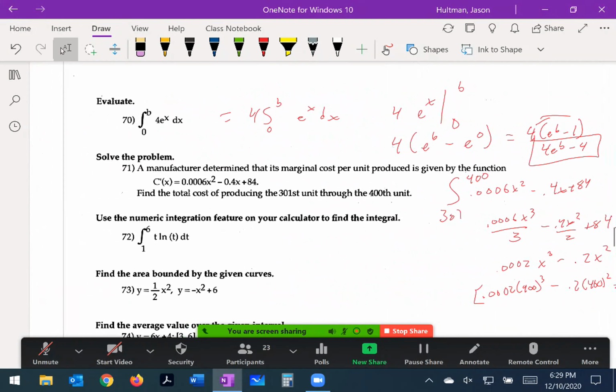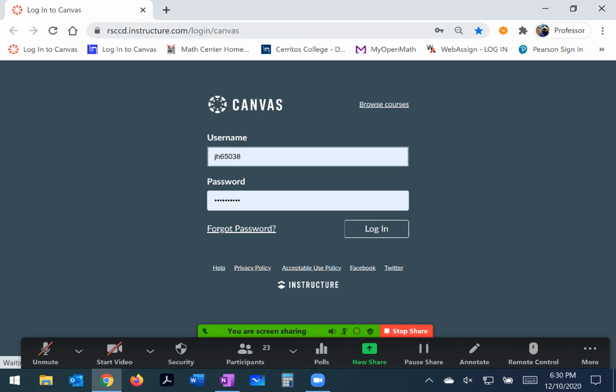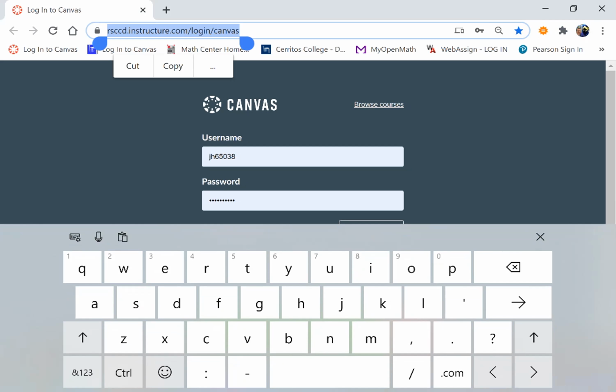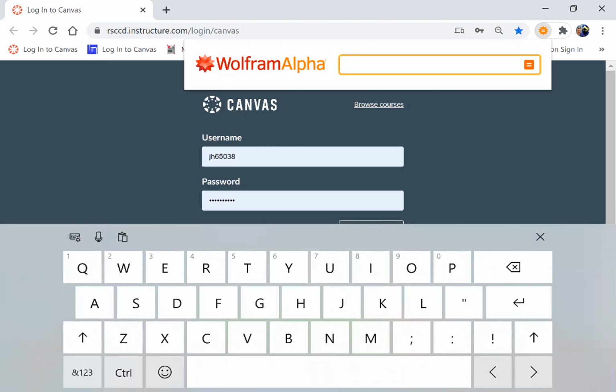Okay, 72. Use the numeric integration feature on your calculator to find the integral. Basically, you're on a computer, so you can just plug that into a computer. I would go to any integration site. You won't have one of these on. This is more for if I was teaching it in the classroom face to face. But I go to Wolfram Alpha myself, and I would just say integrate